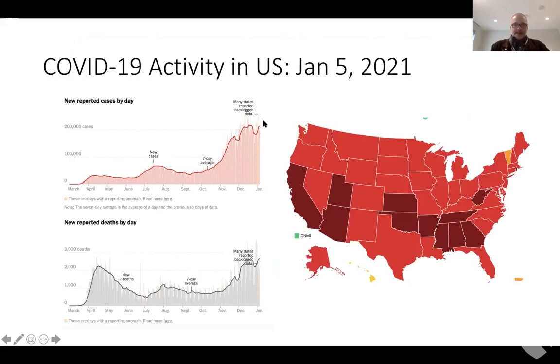You can see that our case count has kind of plateaued. We had this dip over the holidays, which I think probably reflects reporting lags and lapses that occur over the holidays, and we see that in deaths as well. And so that's just artifact. What I think we're going to see is continued high levels above 200,000 cases a day nationwide, and probably increasing,